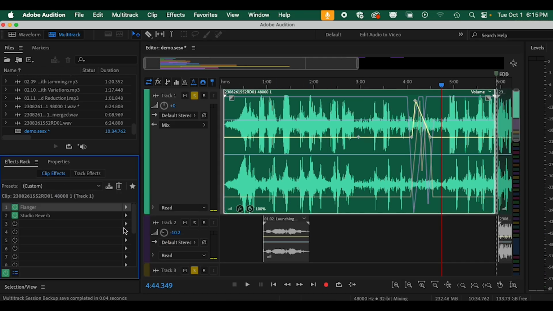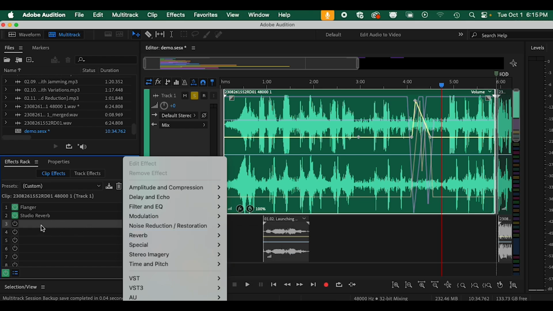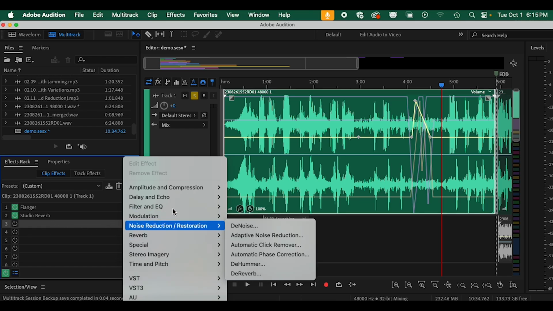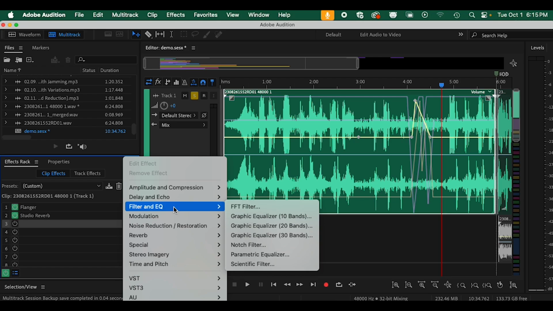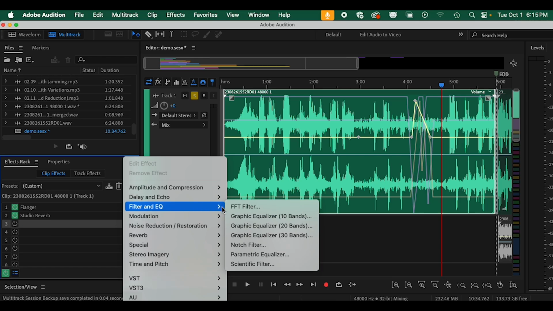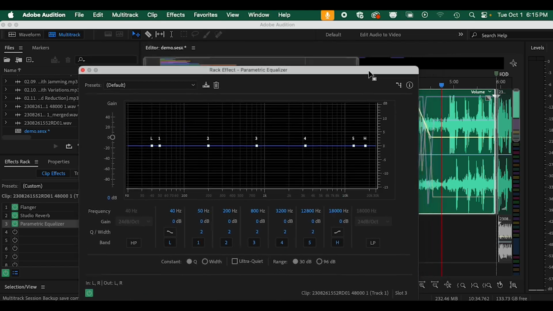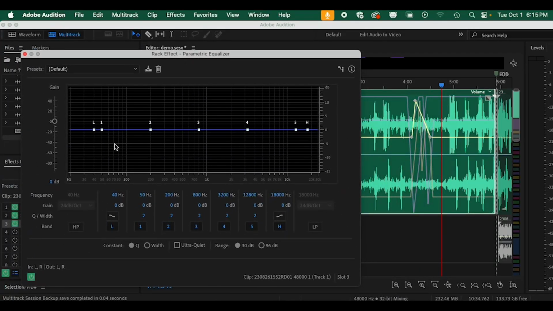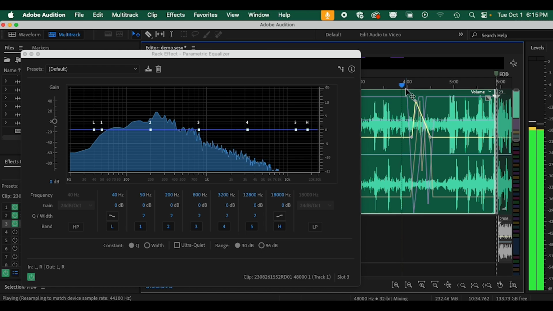Some of the other effects that are common, we'll go through some of these. Let's look at the filter and equalizers. So under filter and EQ, a good one here is the parametric equalizer. If I click on this, this will basically analyze and again visually show you the frequencies within your audio clip. So let's take a look at this. So I'm playing it,